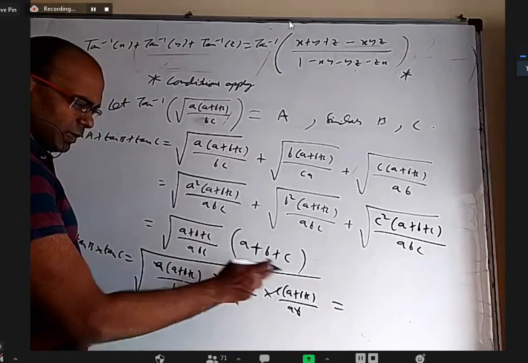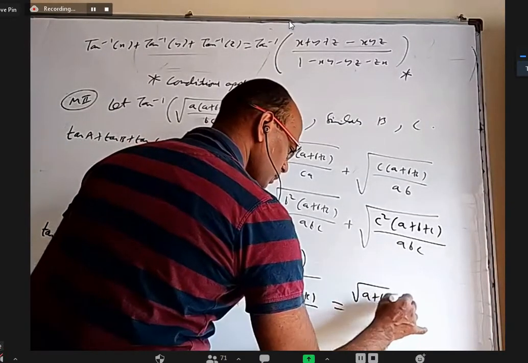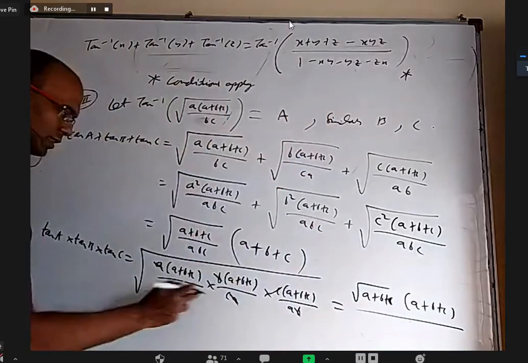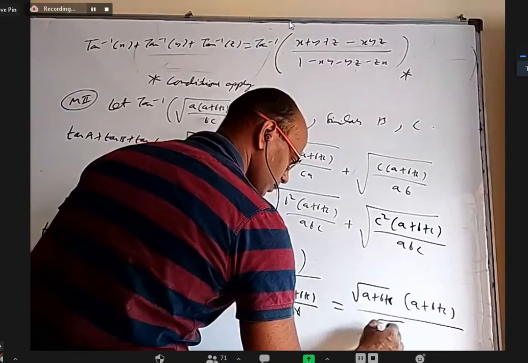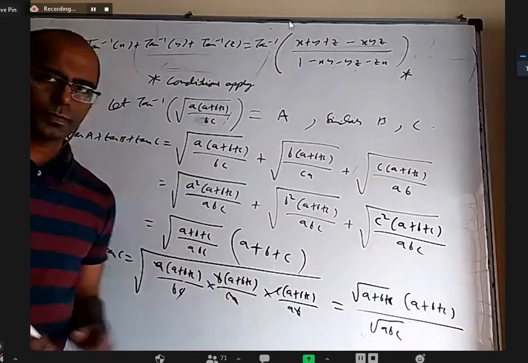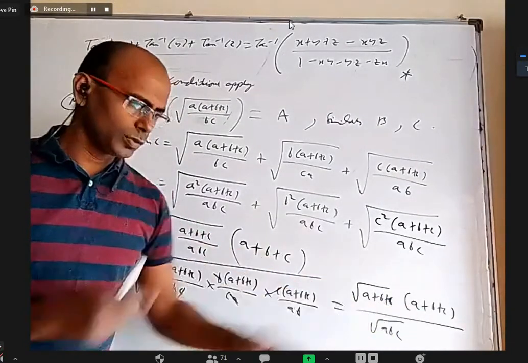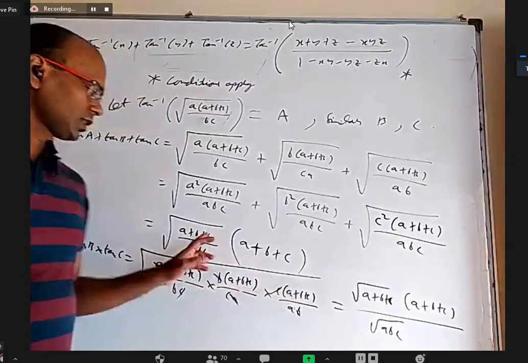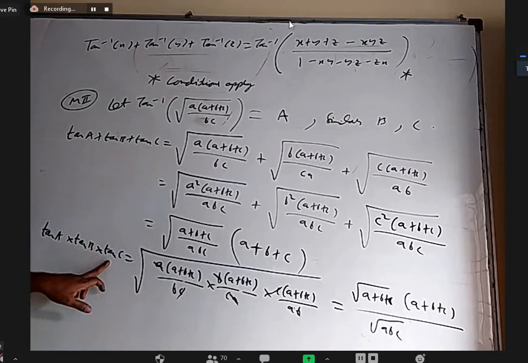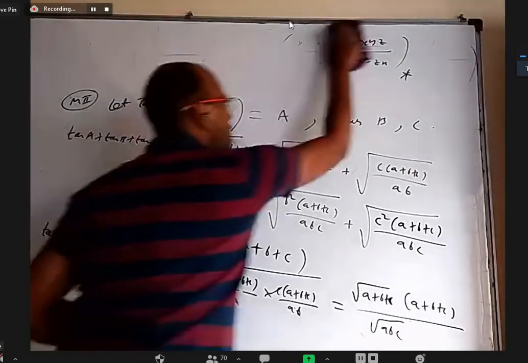What I'm left with? A plus b plus c inside the root 3 times. So I can write that as root a plus b plus c into (a plus b plus c) outside the root, and this abc is inside the root. You can see this and this are exactly the same. Inside the root, (a plus b plus c) whole cube. So when I bring it outside, out of the two things, one I can write. This and this are the same. So we got tan a plus tan b plus tan c same as tan a into tan b into tan c.